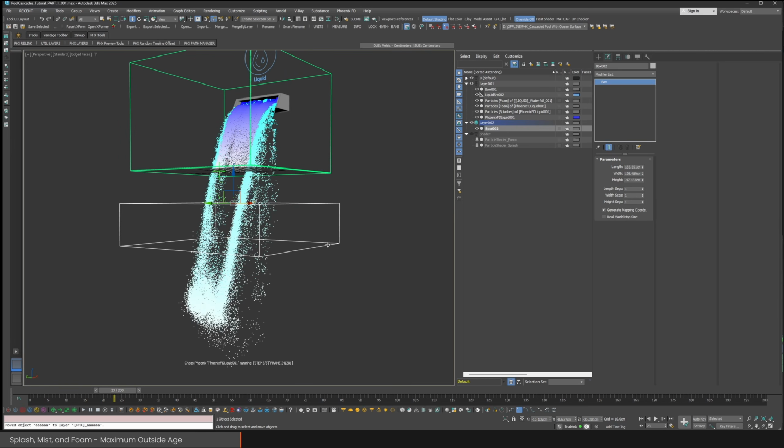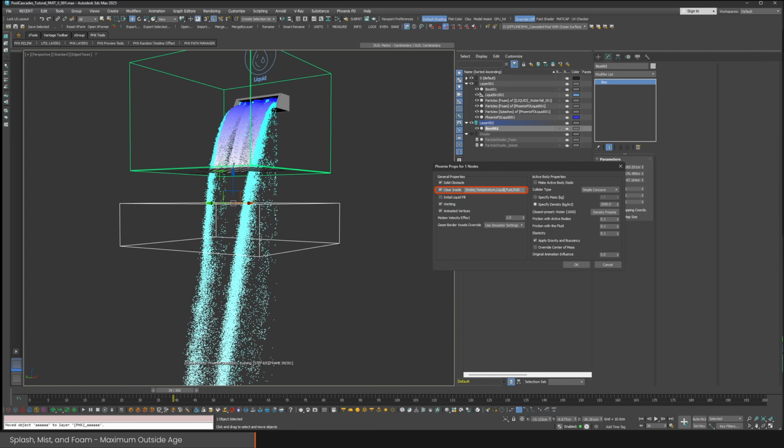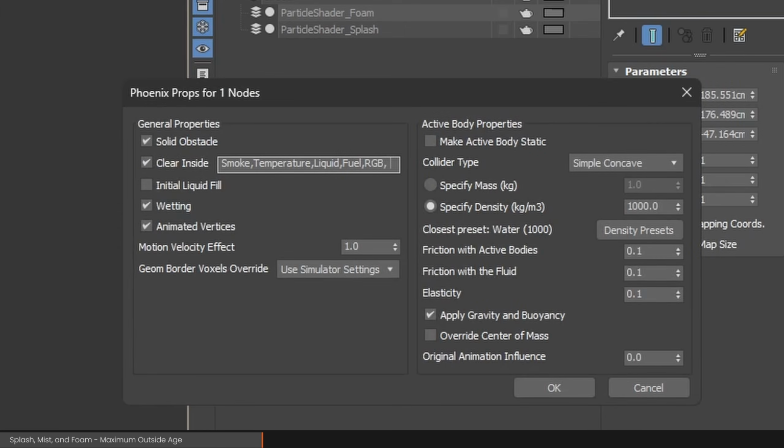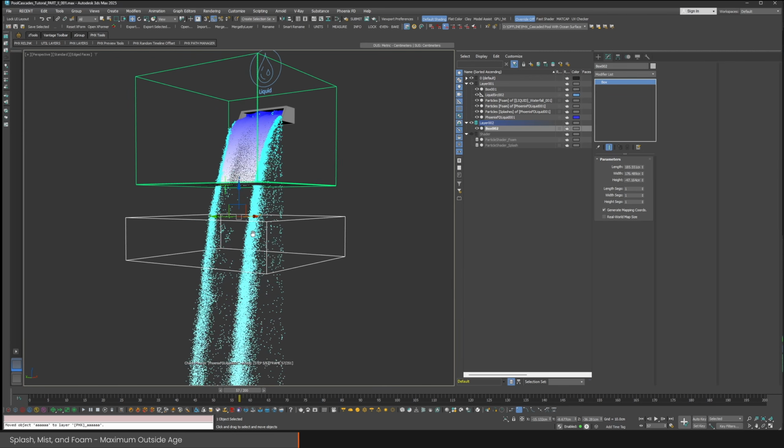Even if I open the Phoenix Properties dialog and enable the Clear Inside option, there's a list of all the different channels that should be deleted once they are inside the box. I can add the splash particles here. Okay, but nothing will change because Phoenix doesn't know about anything that is outside of the simulation grid. If I move the box up here,